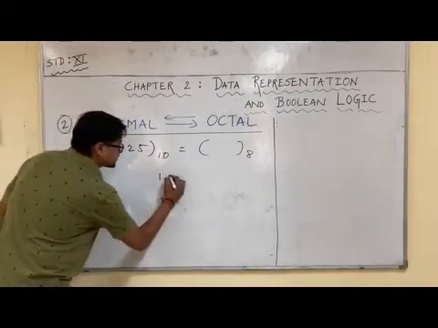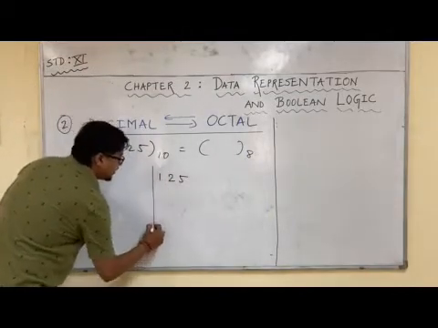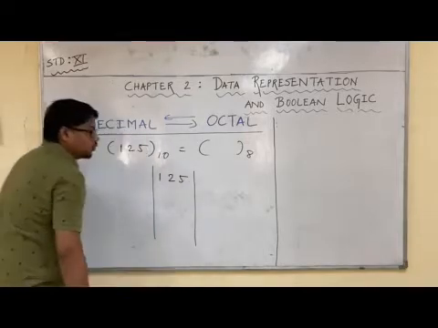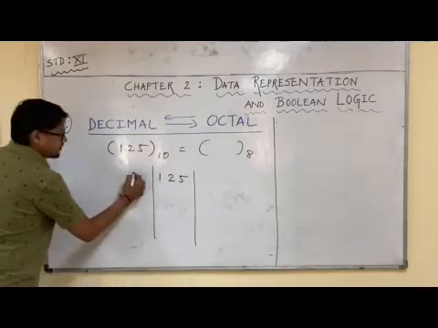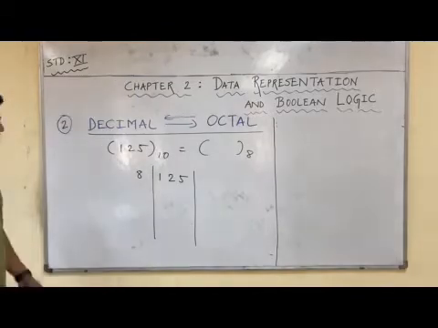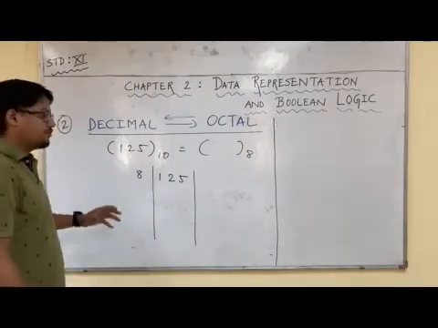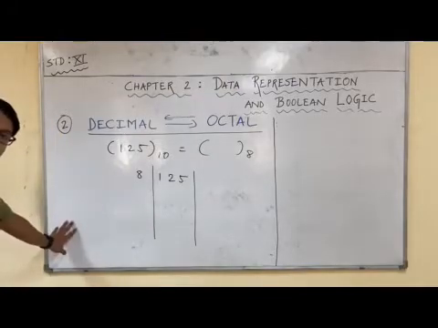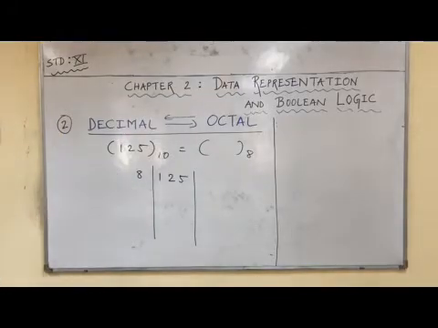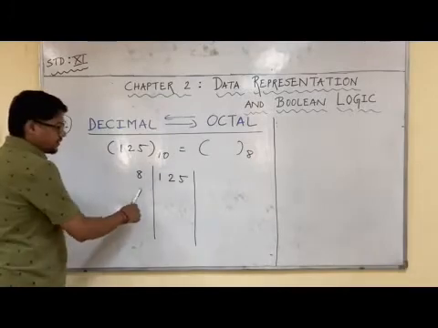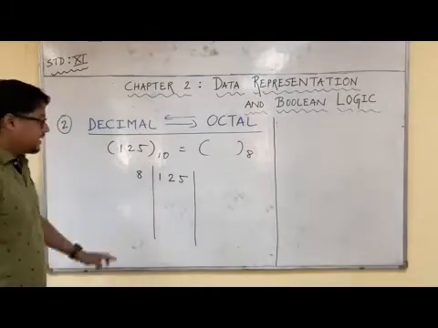Same thing, but instead of dividing by 2, we have to divide by 8. Correct? I will again suggest that you do not make silly mistakes, and if you are having doubt, you can solve the division in rough. If you want, you can do it direct. So let me start. 125 divided by 8.